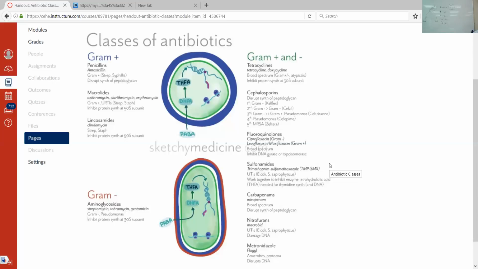So we have, then in recent, back in the late 70s, a series of molecules called quinolone,